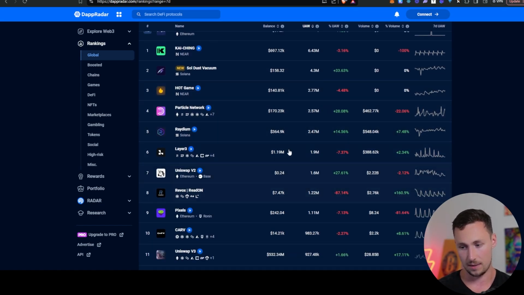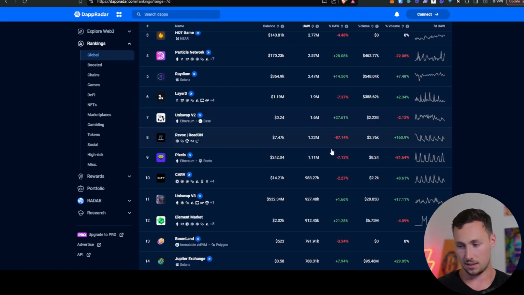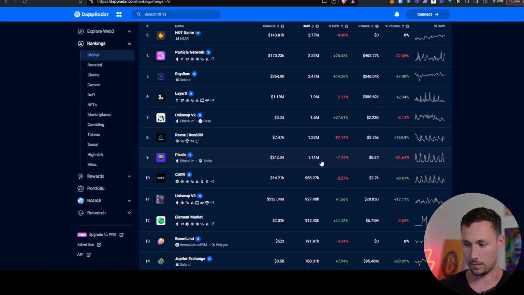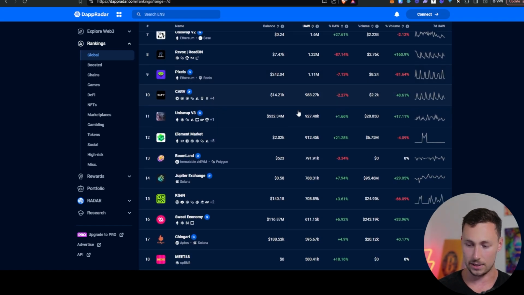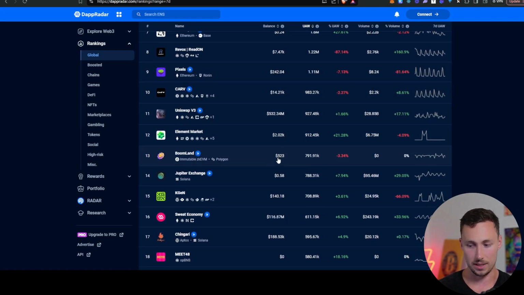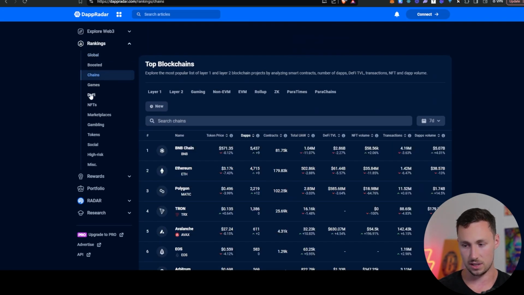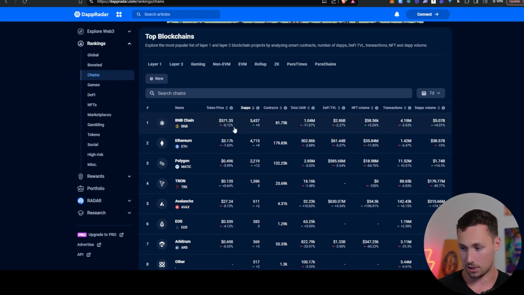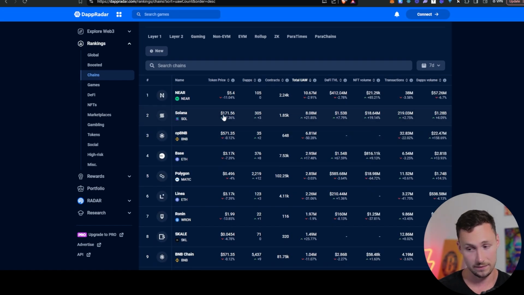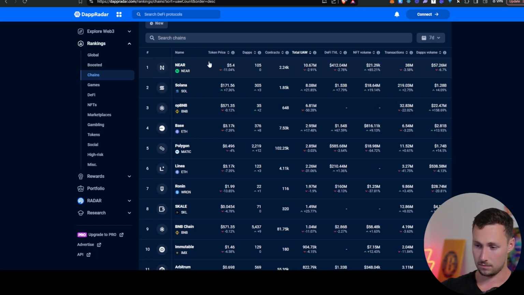Now, one thing you've got to be careful of is that some of these protocols, anything with unique active wallets, is going to be very susceptible to airdrop farming, so it might not always be accurate. That being said, I think it can be helpful to find protocols that actually have a lot of users, even if it's inflated a bit. You can also look at it by chain, for example. You can look at the number of dApps, and you can look at the total number of unique active wallets, and you might find some things that surprise you. For example, you find that Near has a lot of active wallets, largely from those payments and shopping type applications